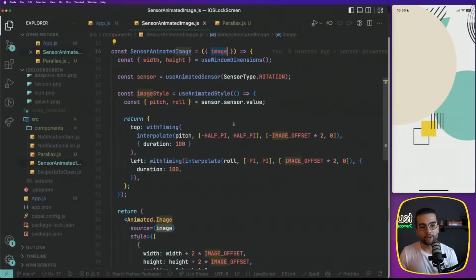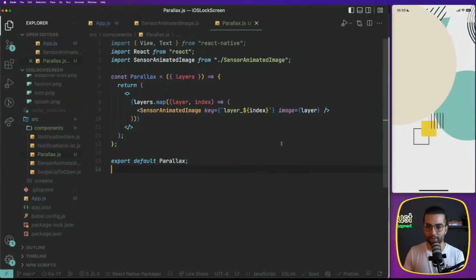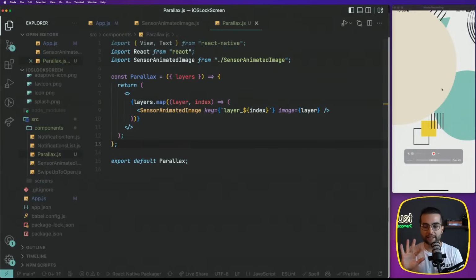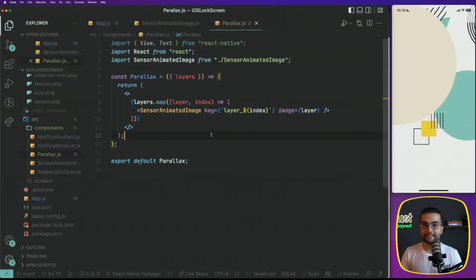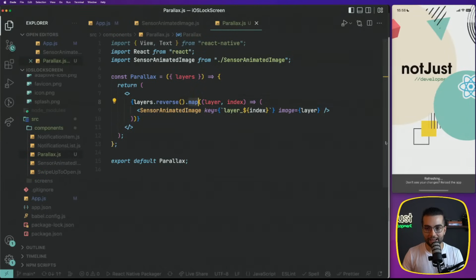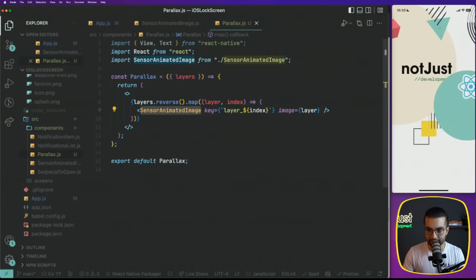But when we are rendering, we actually want to reverse the order to start rendering them from the last layer and all the way till the first layer, in order, to have the proper order that we expect. To reverse an array in JavaScript is very easy. We just provide here reverse to the layers before mapping, and that will switch the order of rendering these sensor